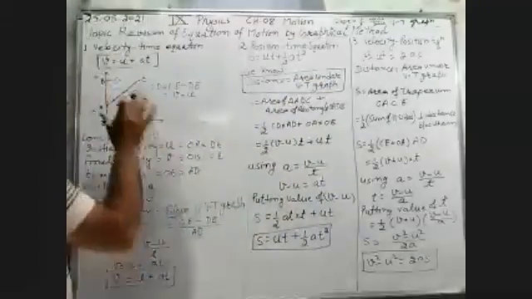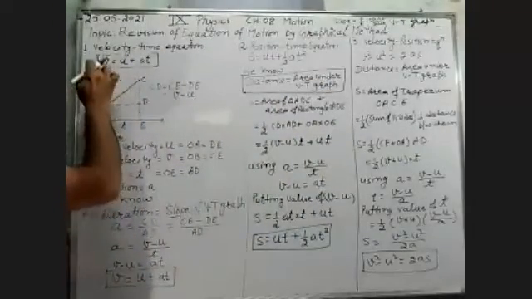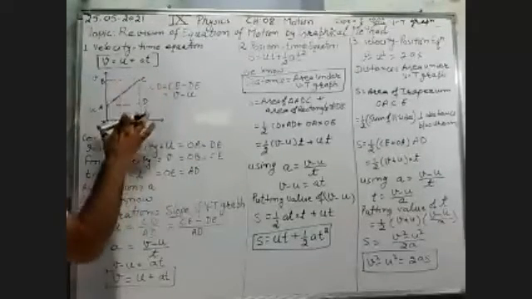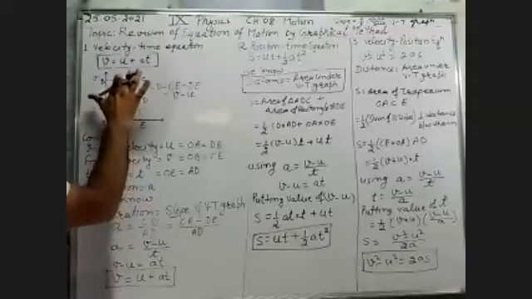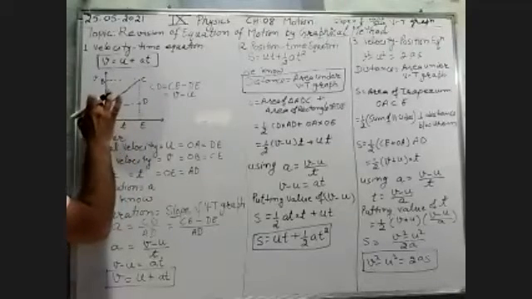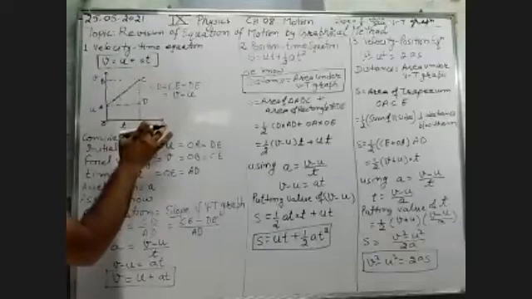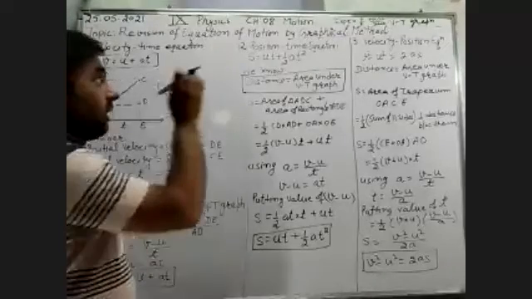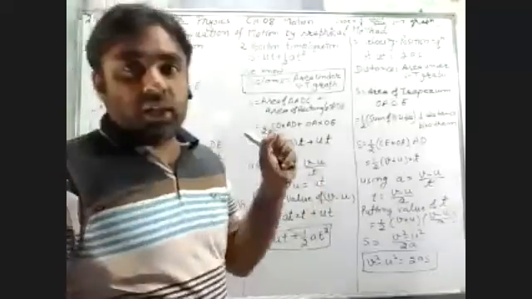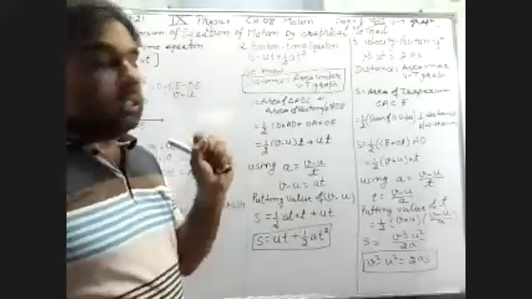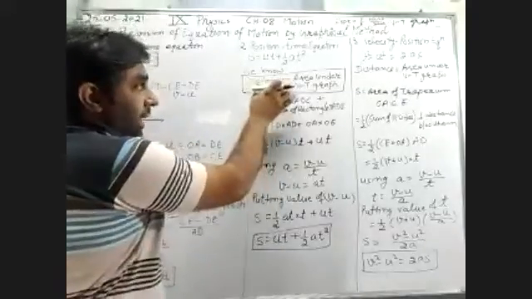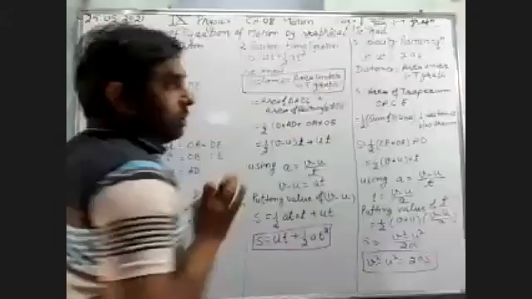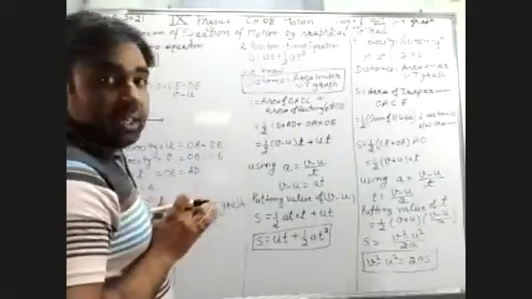So distance is equal to area under the VT graph. This is our VT graph, velocity axis, time axis. And what is the area? The area under this slope. AC is the slope. The area under this slope is OACE. This is the area. And while calculating the second and third equation, you use two different formulas. Here we will also use distance as area under the VT graph.